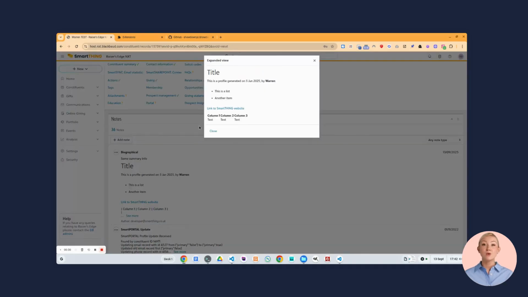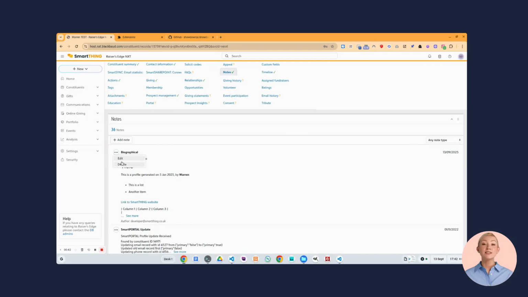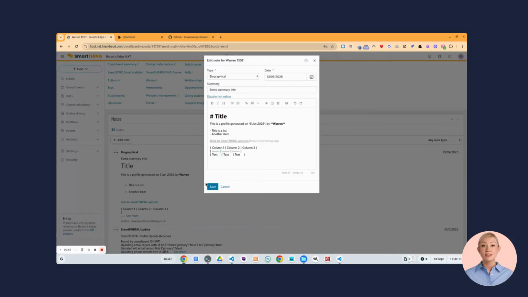If we click See More, we can see the whole note. There's even a table at the bottom. Now, if I go into this note and edit it, the system detects if the note is a rich text document. If it is, the system automatically opens it in the rich text editor. If not, it opens the note in the standard editor, but gives the user an option to switch to the